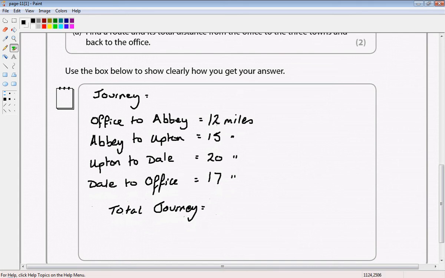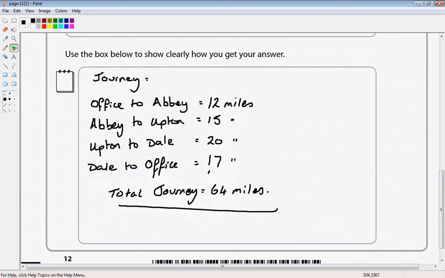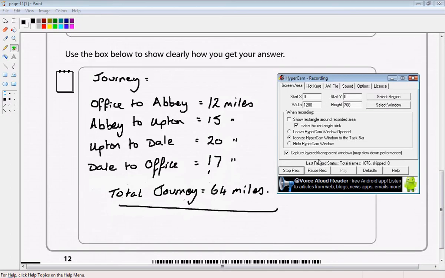Okay, so her total journey would just be these figures added together. So you can use a calculator, but 5 and 2 is 7, 7 is 14, and I just carry 1, 1, 2, 4, 5, 6. So its total journey would be 64 miles, and that's the answer. Okay, surprisingly easy. So we'll just move on to the next